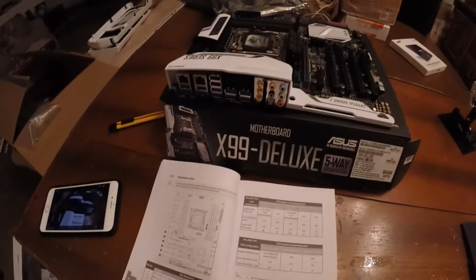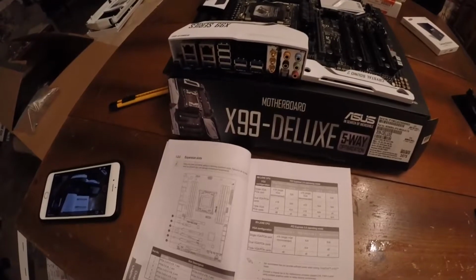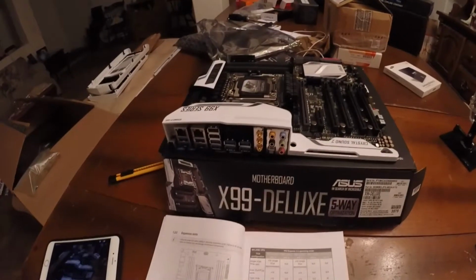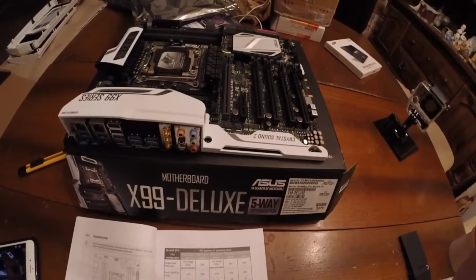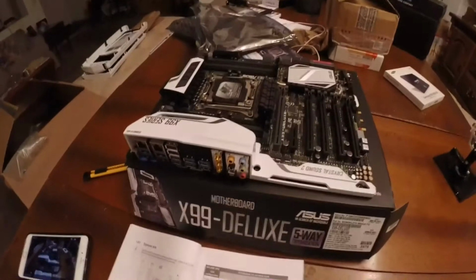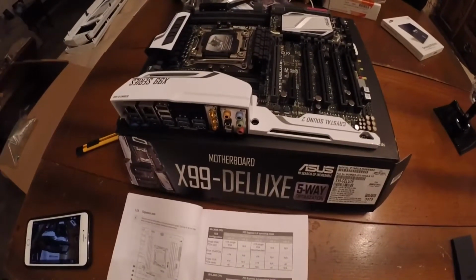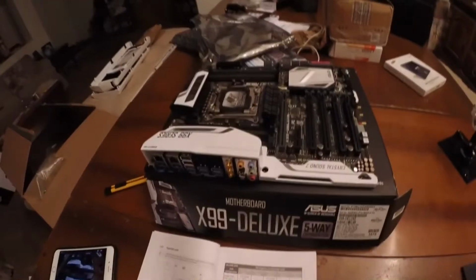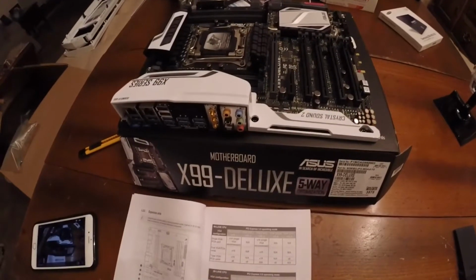So we're talking about all the slots here. Slots 1, 2, 3, 4, and 5, those are all 16x 3.0/2.0 slots. Then you've got the PCIe 2.0 4x slot there in the middle between them right here. All the rest of these are 3.0/2.0 x16. So there's actually 2 different configurations here, depending on your CPU, how many lanes it has for the graphics cards. If your CPU has 40 lanes, then